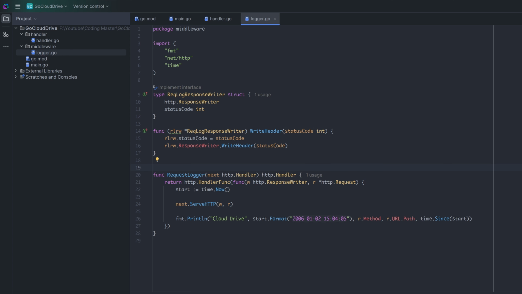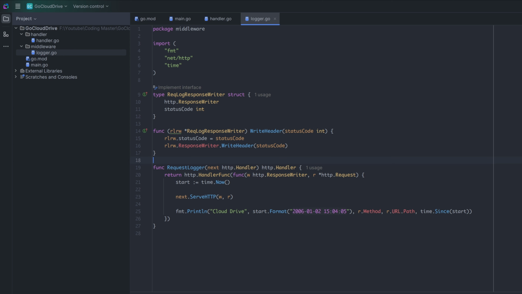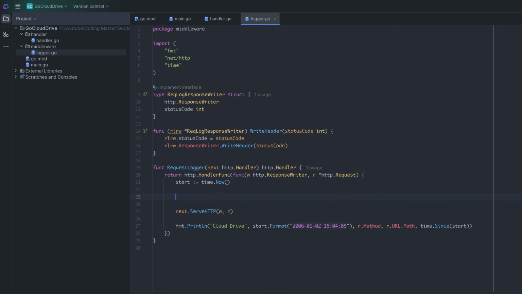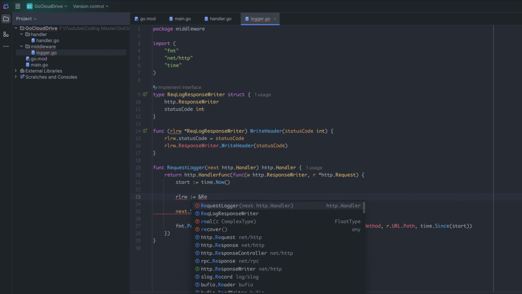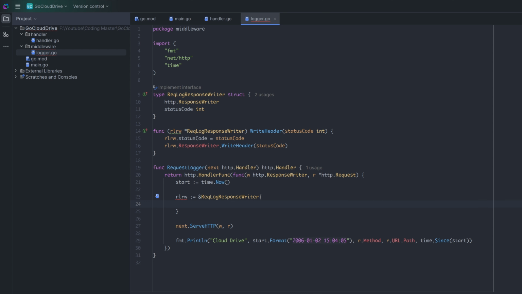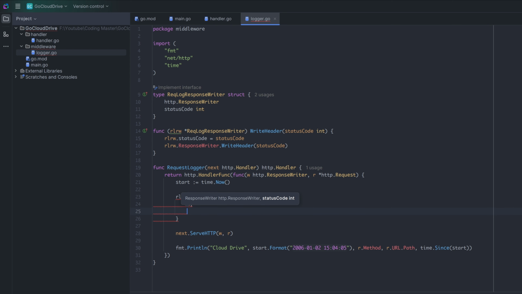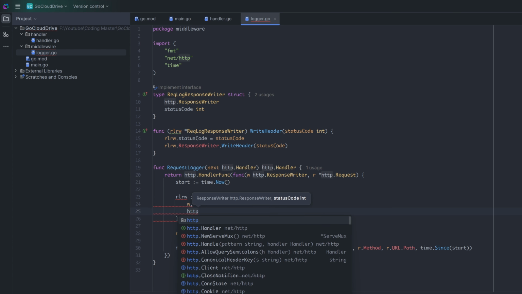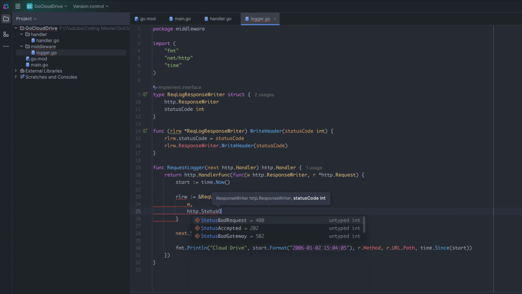All right, so now we implement the right header function. We can use it to replace the regular response writer in our logger. So before we call the next serve HTTP, let's initialize our request logger response writer. So request logger response writer equals request logger response writer, and then it takes two parameters. The first one is the regular response writer, and the second one is the